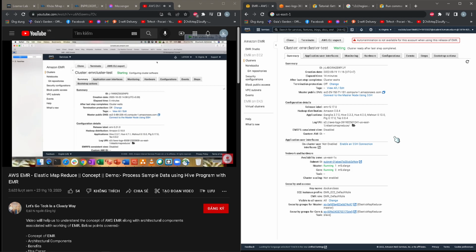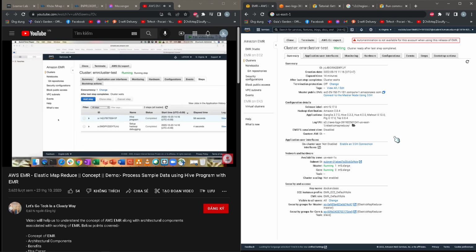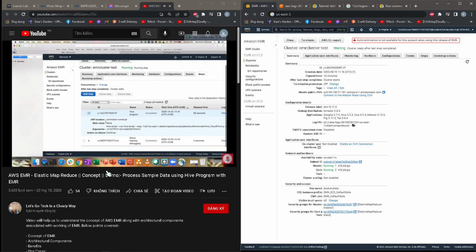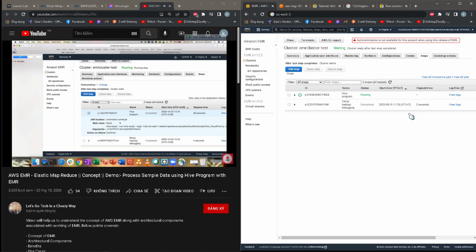Once the cluster gets into the running state, I'm going to resume it just to show you how the configuration is working. Okay, so the cluster is in running state and you can see the Hive program and the setup program have completed successfully, in 58 seconds. Expand this Hive program, we will get all the details: jar location, main class, and this is a Hive script. And we'll be going to